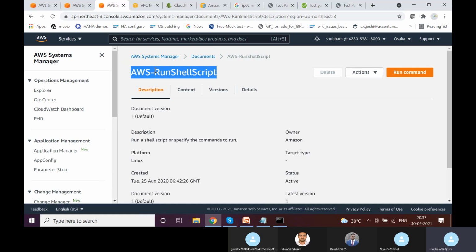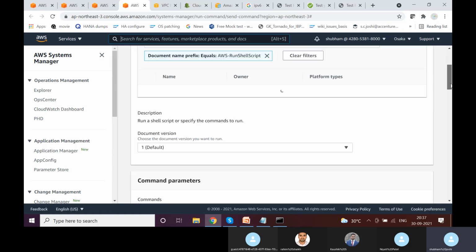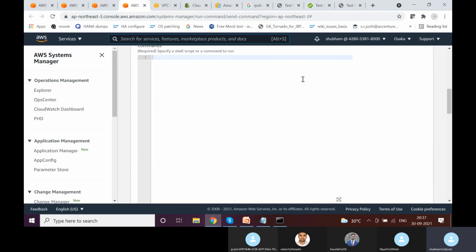So I have selected this Run Shell Script command document. I will say Run Command. And then here I can specify the shell script. Okay, specify a shell script or a command to run. So let's specify a shell script. So what I'm going to do is